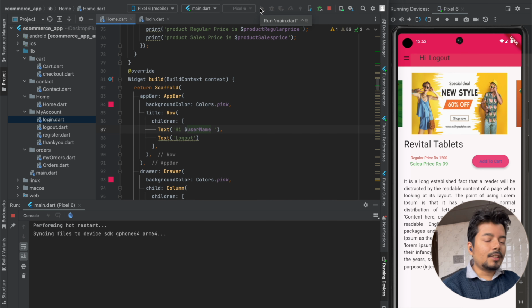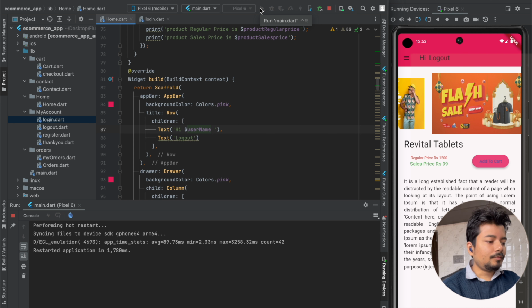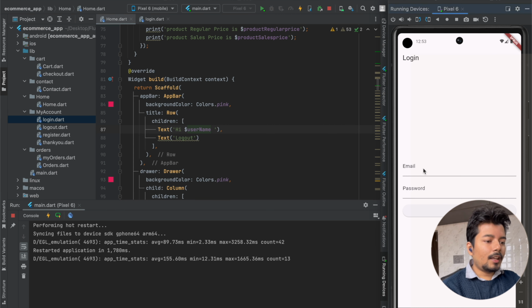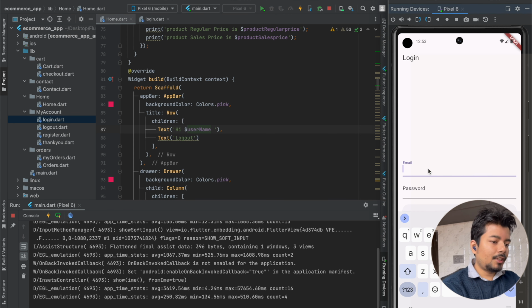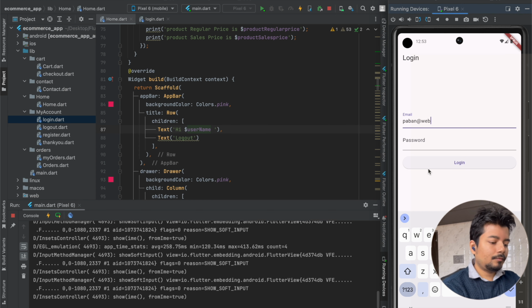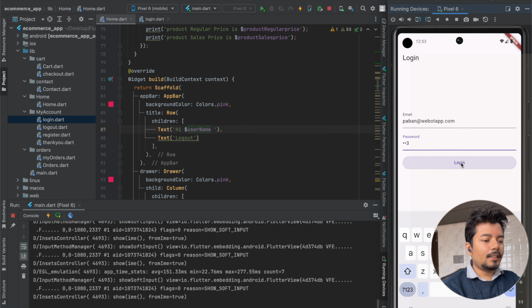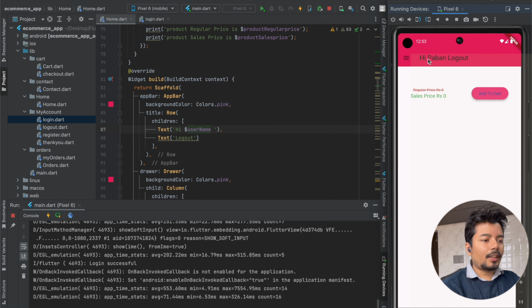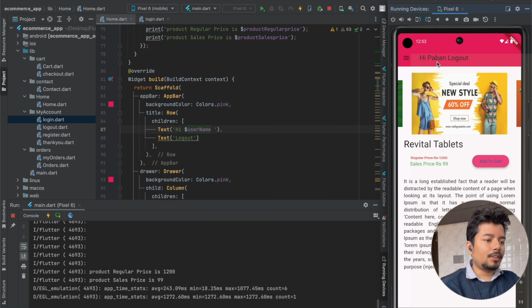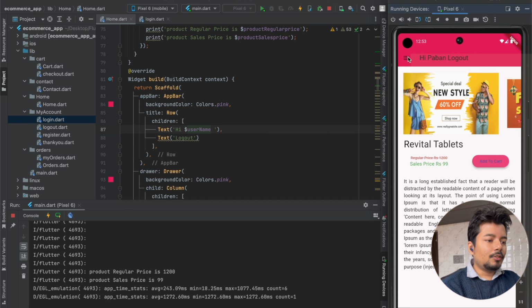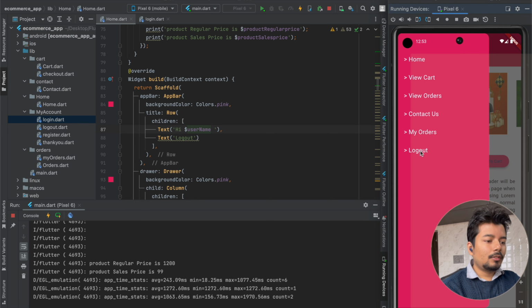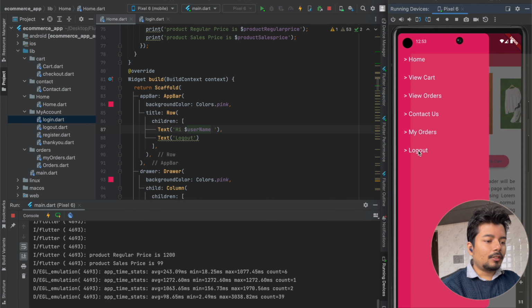I will click on the restart button, and let me type the username and the user password, and then click on login button. Now I can see hi Pavan, which is the name of this user. So let me click on logout,